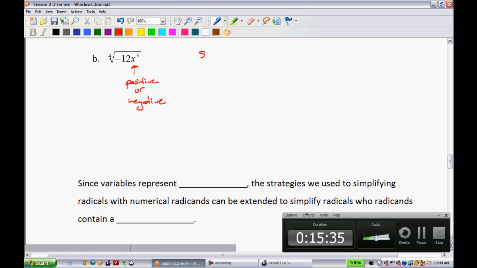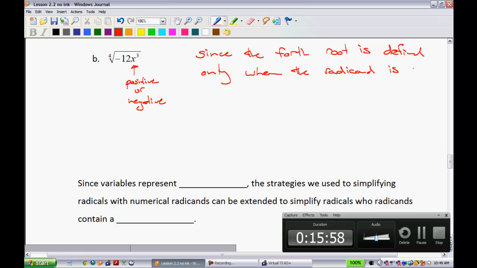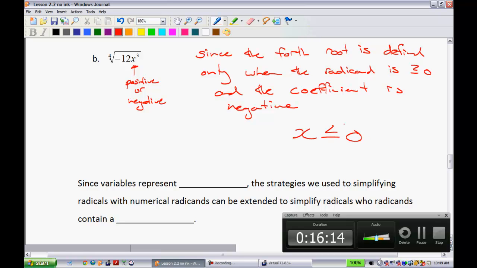All right. So, since the 4th root is defined only when the radicand, that's what's underneath the radical sign, is greater than or equal to 0, and the coefficient is negative, your solution for this one must be x is less than or equal to 0. And I'll talk to you about kind of why that's the case. Now, keep in mind, imagine that we just went with a positive number here. That would mean that we would